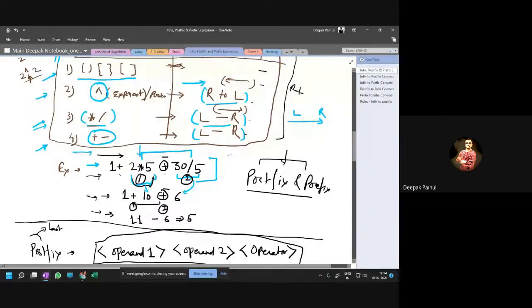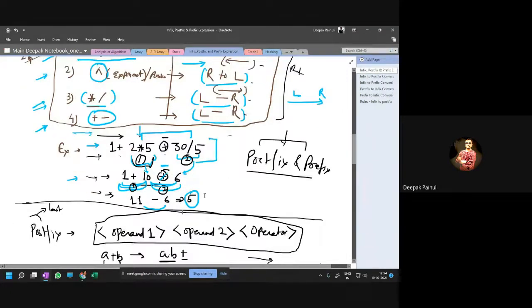Then again I found that both are the same symbols, plus symbols. We can evaluate either this one first or this one first. But if there were a minus symbol instead of plus, then we would need to use the left to right rule. So we will first calculate 10 plus 1, then we will combine the result with the second expression. So that will be the correct answer.